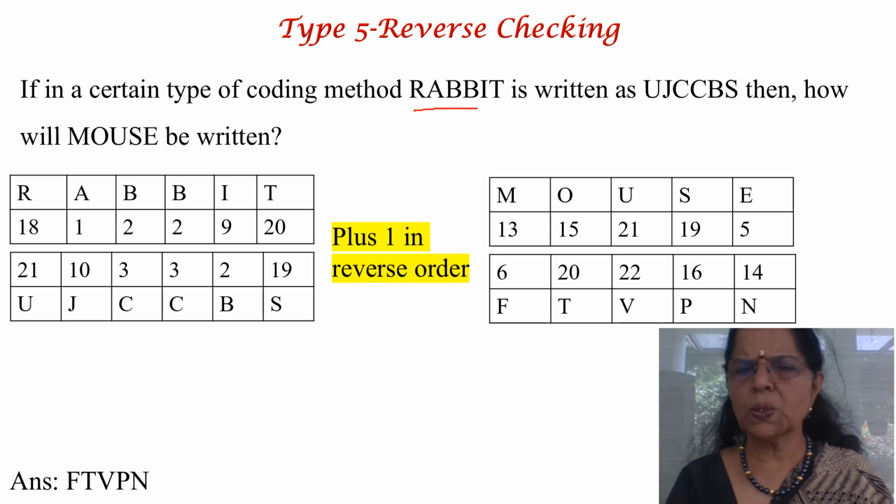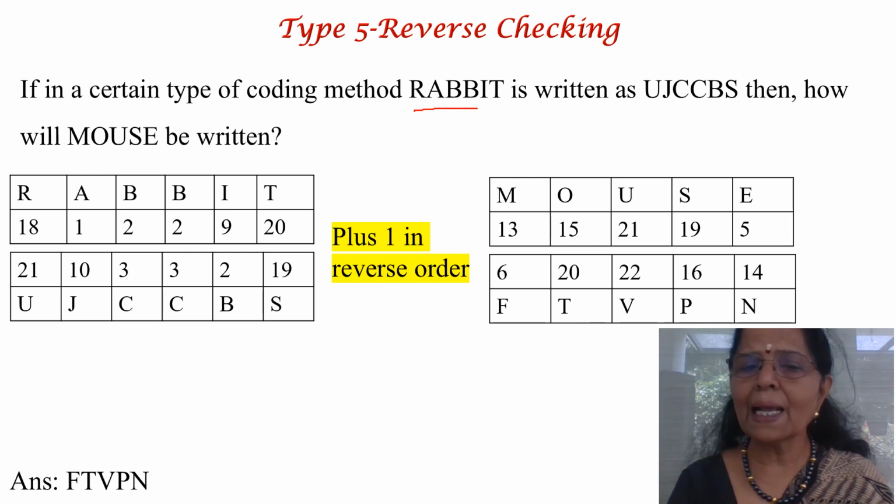See here. First look at the words. Just try to find out the connection between these two words, rabbit and UGC. What is the pattern they are following? What is the method that is used in the coding? Why R has become U? Why A has become,